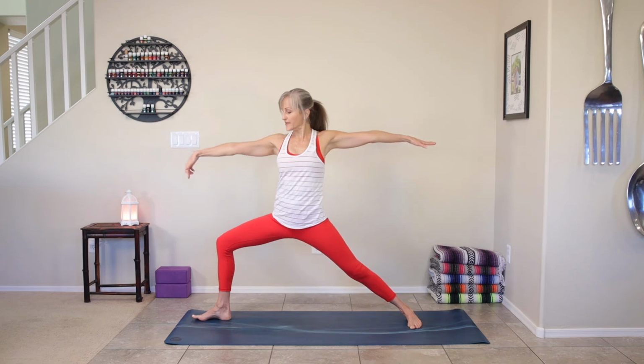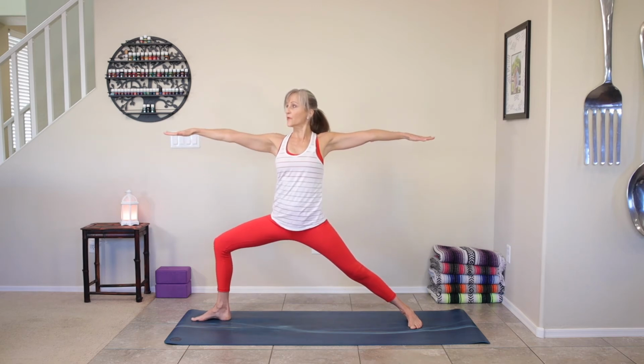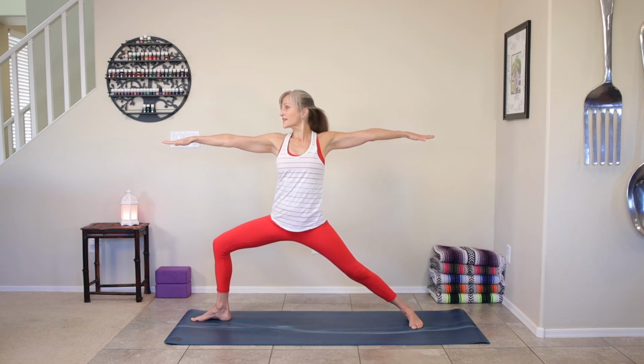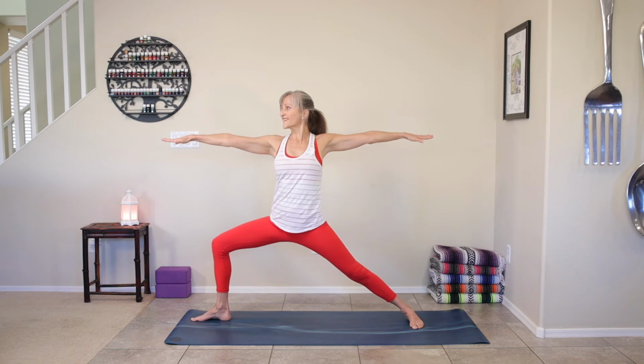Make sure you can see your big toe and your knee is pushing open to the right. Lengthening, looking over those right fingertips. Nice, strong arms. Find your breath. You're almost there. You're going to straighten both legs, tap the fingers, turn the toes to the edges of your